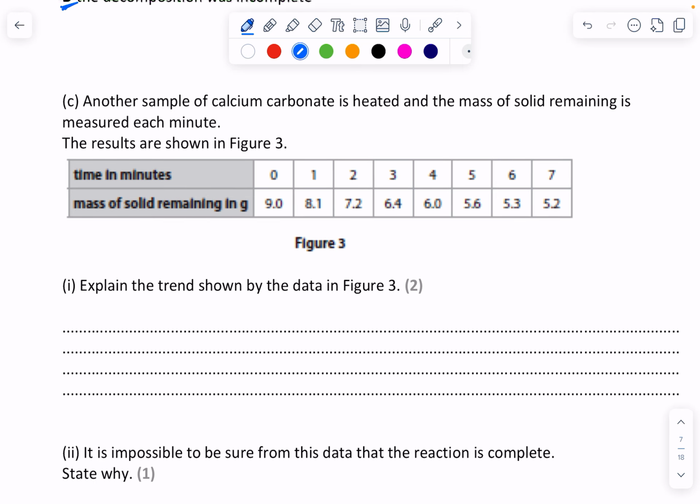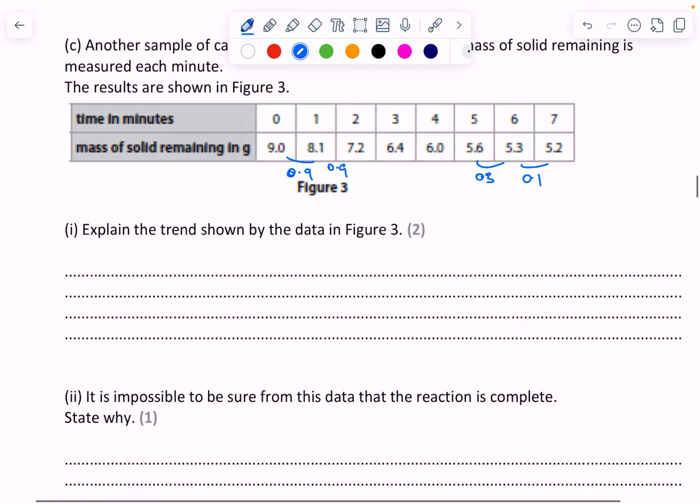Right, another experiment we've got going on, and it says the calcium carbonate's been heated. Results are shown. Explain the trend in these results. So different ways of looking at it. You could look at it here at the beginning, and you've got a change in mass there of 0.9 at the very beginning, and then again it's 0.9 in there, I think. And as you come down here, you're only getting a mass change there of 0.1, and that's a mass change of 0.3. So to answer this question, and it's a 2-mark answer, I would say